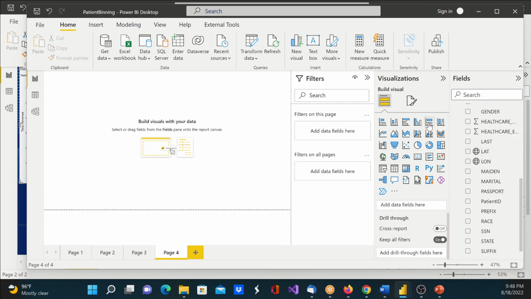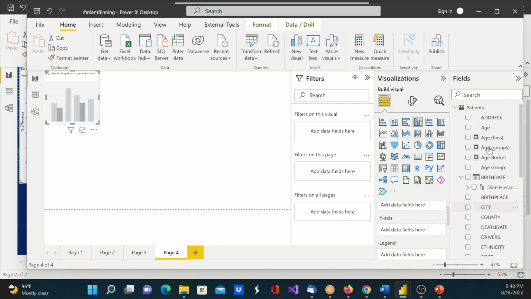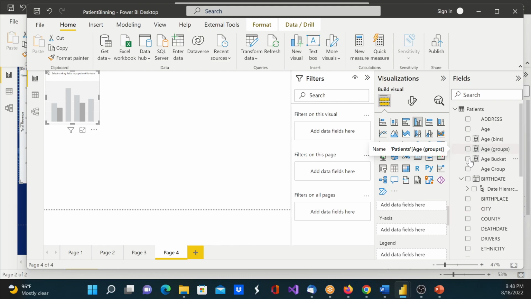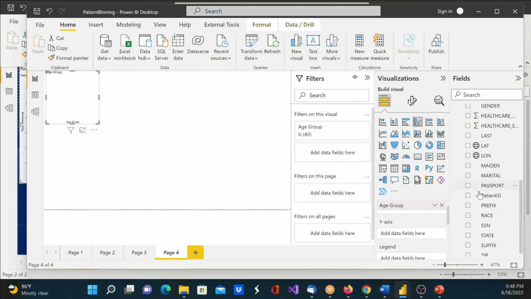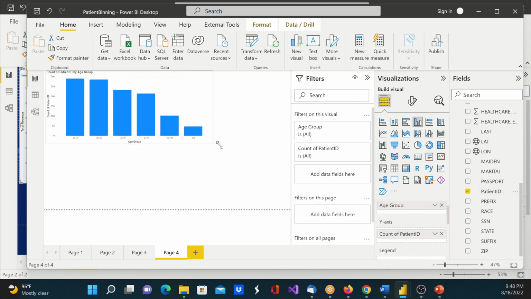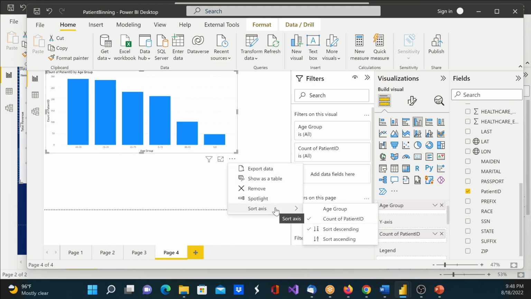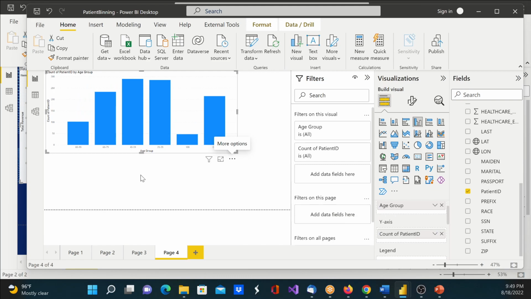Add. So I'm going to go ahead and add a group here. Maybe just a column. I'll add my age group. What did I call it? I think it's age group. And I'll go ahead and add my patient count. And you'll see here, nice. Okay, and then you can go ahead and sort, which I didn't show you, but now it's sorted by patient count. You can sort by age group, and again,